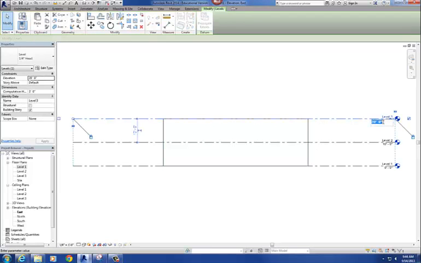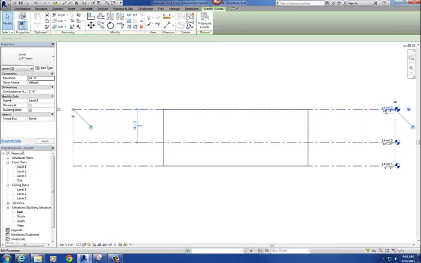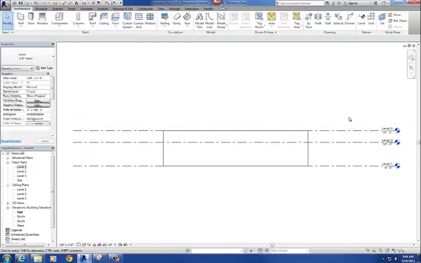And if I change level 3, since that wall's locked to it, wherever I change level 3, the top of that wall is going to follow it. Alright, so now those two are locked together. Alright, so back to the floor plan